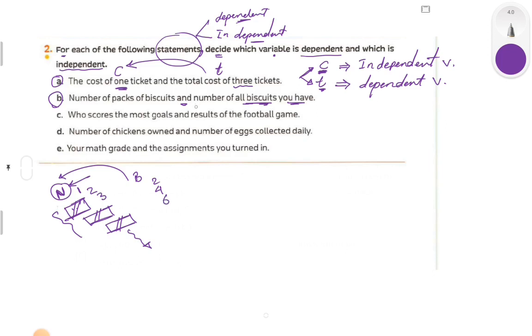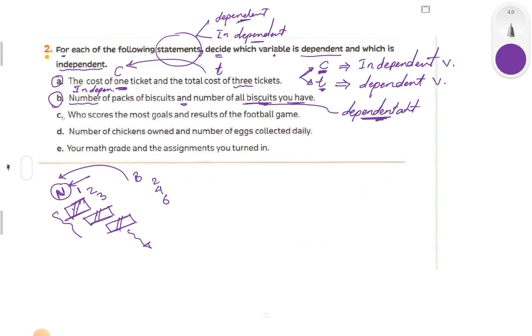Now, the total number of biscuits I have is dependent. Dependent on what? On the number of bags. So number of bags is independent, and the total number of biscuits I have is dependent because it depends